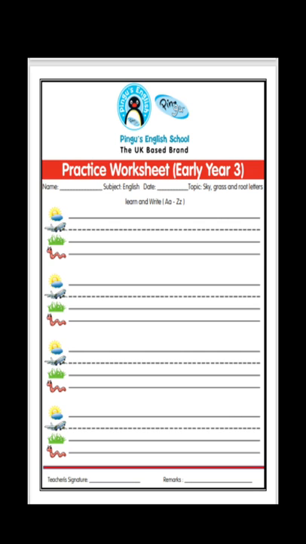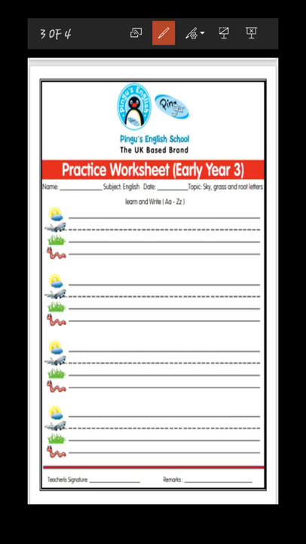Uppercase letters are sky letters. All the uppercase letters are sky letters because they all can come in first 3 lines. So they don't have any category. But we have categories in lowercase letters because there are some letters who can come in first 3 lines, some letters can come in middle 2 lines, some letters come in last 3 lines. So now let me tell you how you have to do this worksheet.